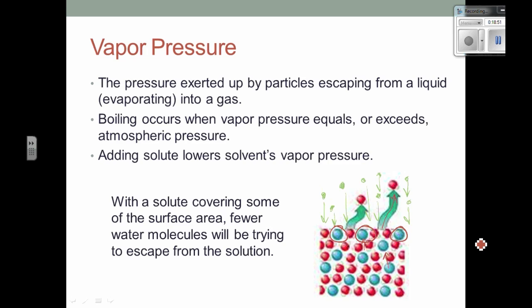That's covering some of the surface area, so those water molecules cannot leave the liquid state. That's why we add salt to our water if we want to boil. Say we want to make pasta here at elevation in Colorado. We add a little bit of salt, so that's going to increase our water temperature, and it's going to cook